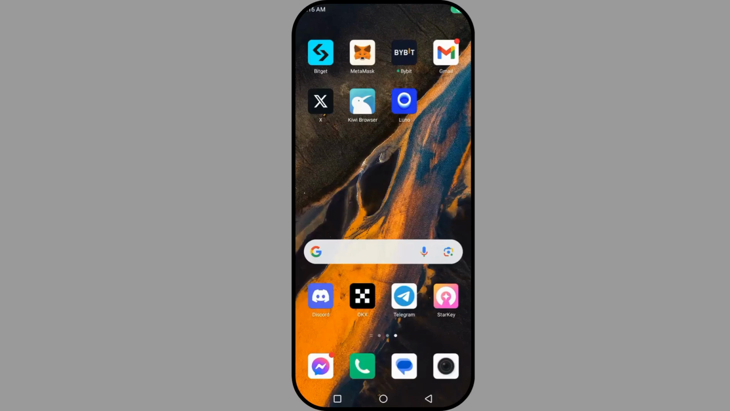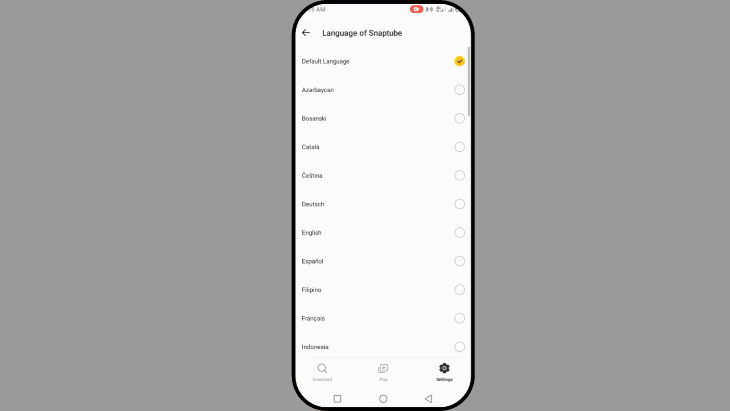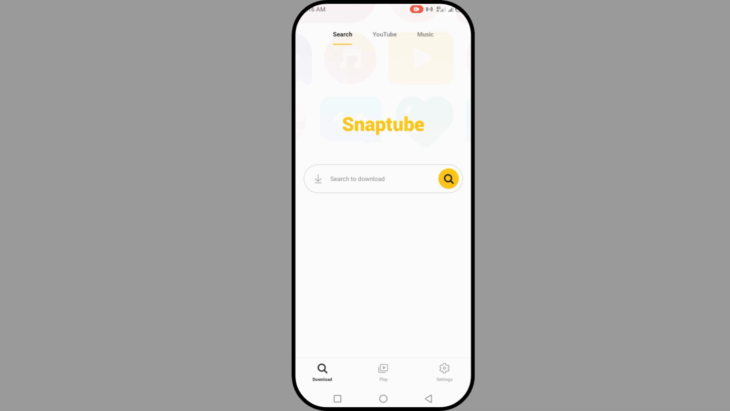Welcome back. So today I'm going to show you how to uninstall unused apps through your Snaptube. How do you find your unused apps? Snaptube is very useful. There are a lot of things that you can do on your Snaptube. Once you open your Snaptube, what you need to do is